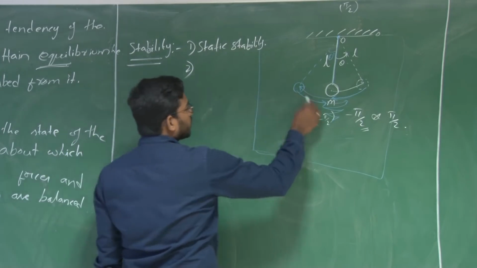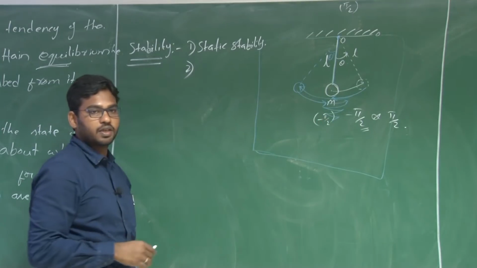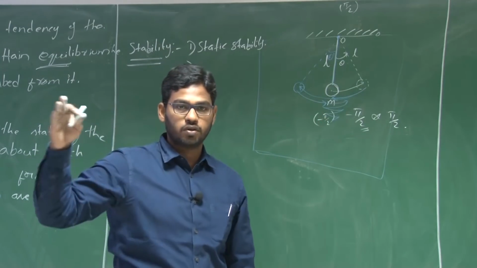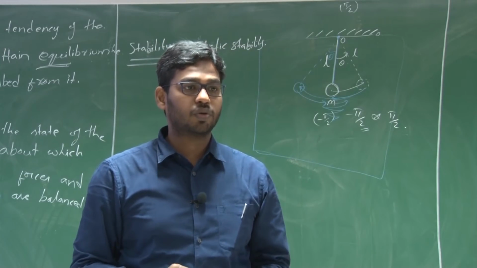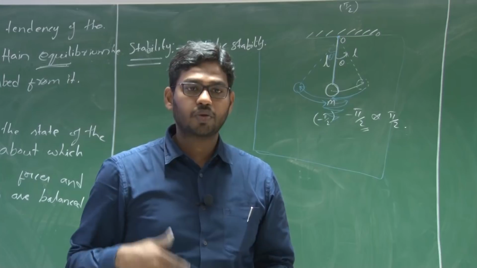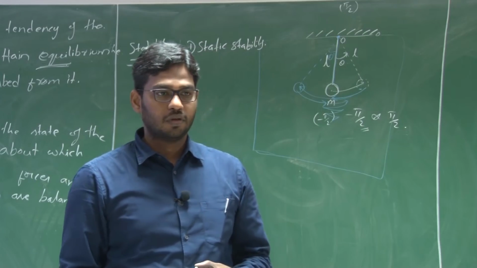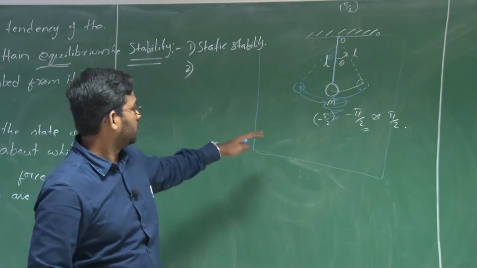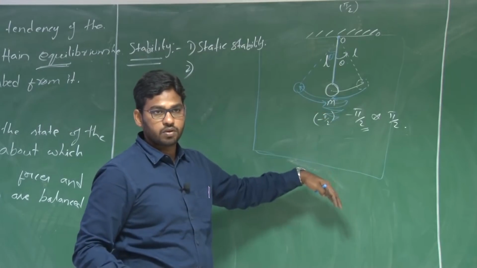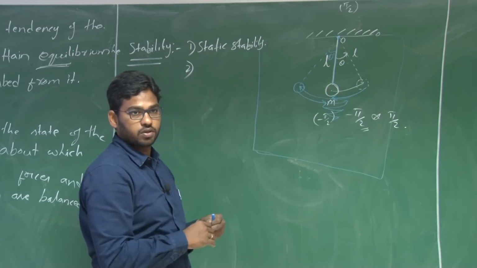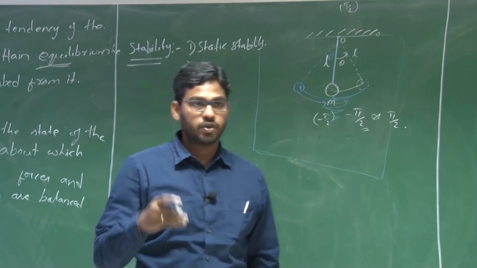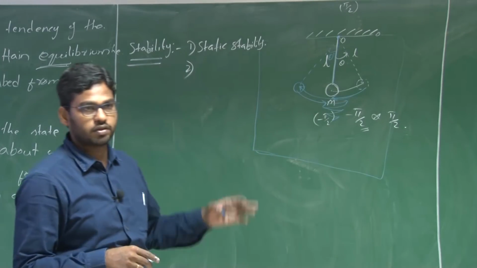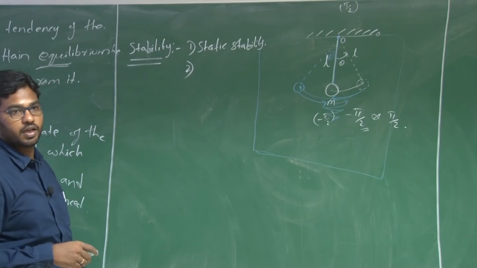Whereas if you are looking at the time history of this motion and asking how long it is going to take to come back towards its equilibrium, say if it has to come back towards its equilibrium, what should I do? How should I increase the damping? Or what should be the time to halve these oscillations? The study related to this time history of the motion once disturbed from its equilibrium is dynamic stability.